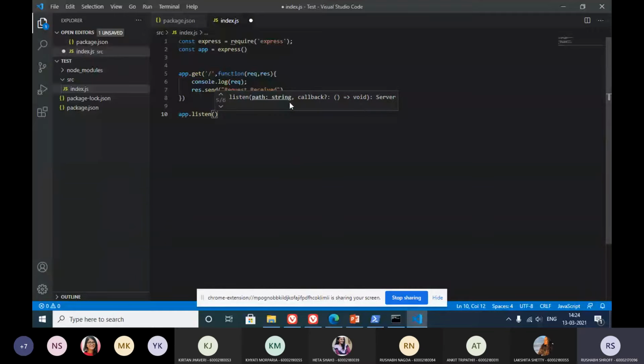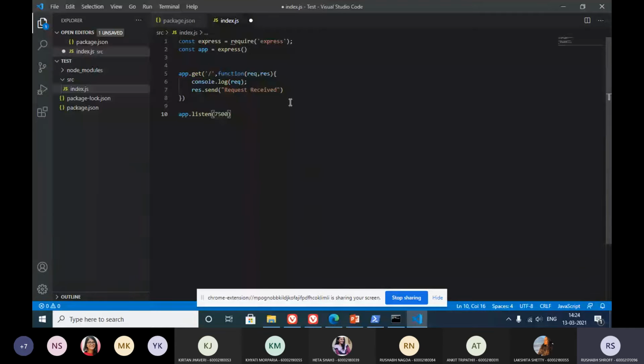There are different other parameters like path, handle, and so on. But the first parameter that we are going to use over here is the port number, which I'm going to set as 7500. You can choose whatever number you want from 0 to 65,535. This is the range of available ports, and usually you should not use ports less than 1000 because most of them are reserved.